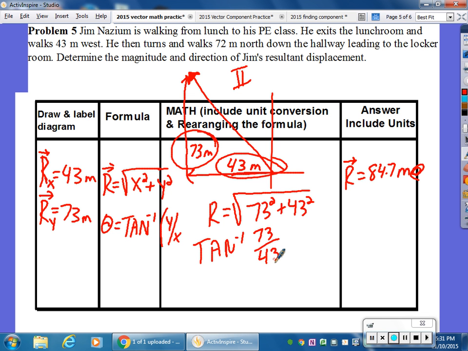So again, back to my calculator, inverse tan, 73 over 43, and I get 59